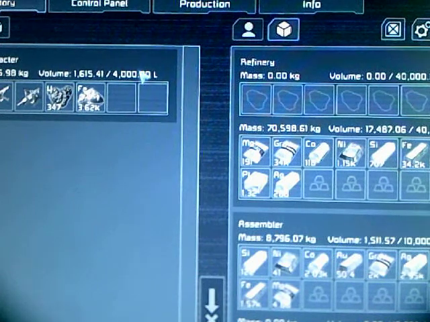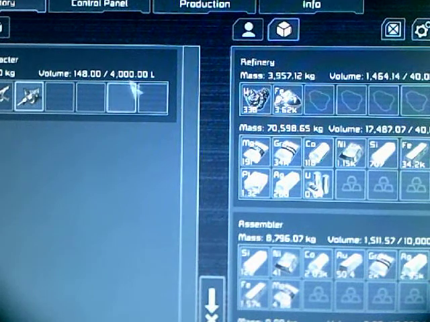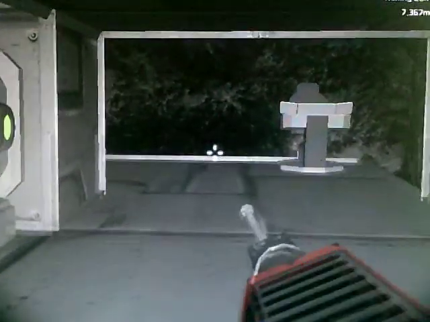Oh, I lied again. I thought this was set to realistic. On my inventory, this should say 400. I was wondering why I was able to collect so much ore without being full up. Okay. Well, anyway,